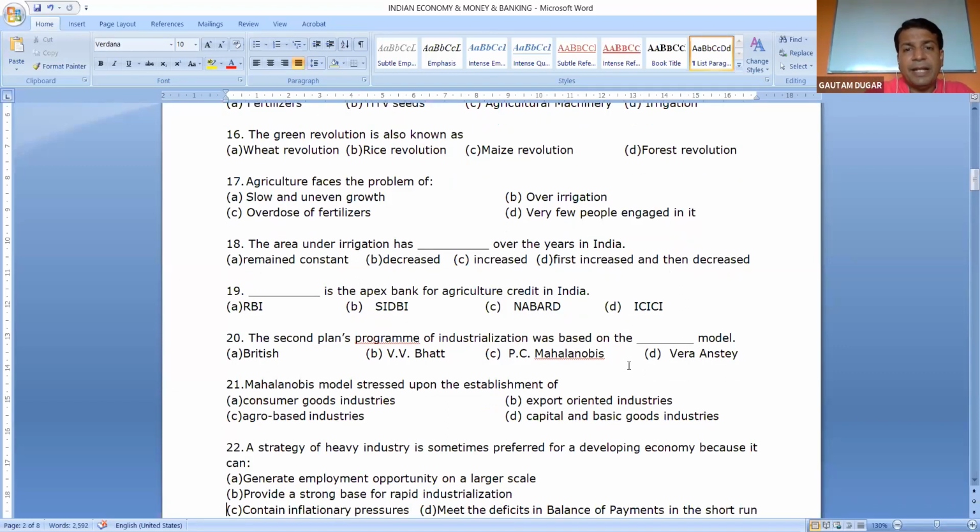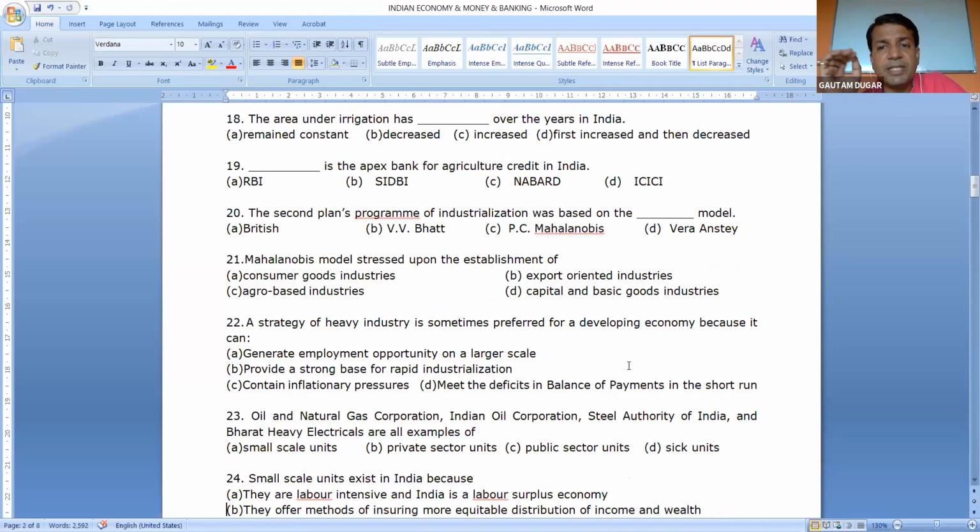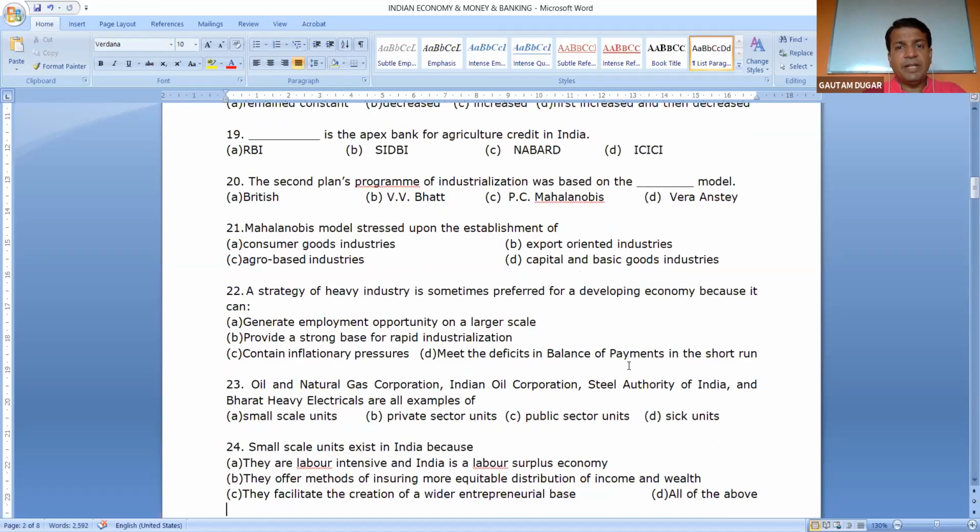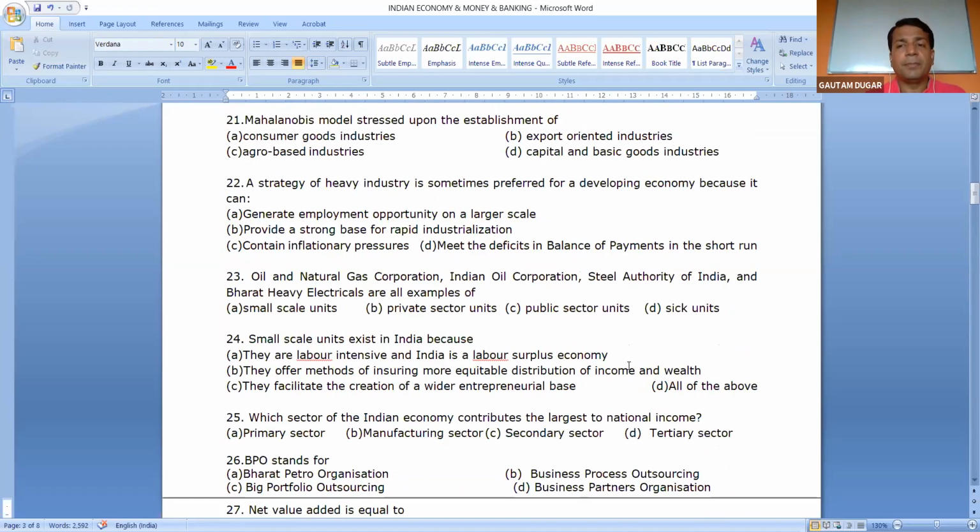20. The second plan's program of industrialization was based on the Mahalanobis model. Yes, that's the right answer. Mahalanobis model stressed upon the establishment of capital and basic goods industries. 21. We discussed already that Mahalanobis stressed that if more capital goods and basic industries are established, the country will become stronger. Next, 22. A strategy of heavy industry is sometimes preferred for a developing economy because it can provide